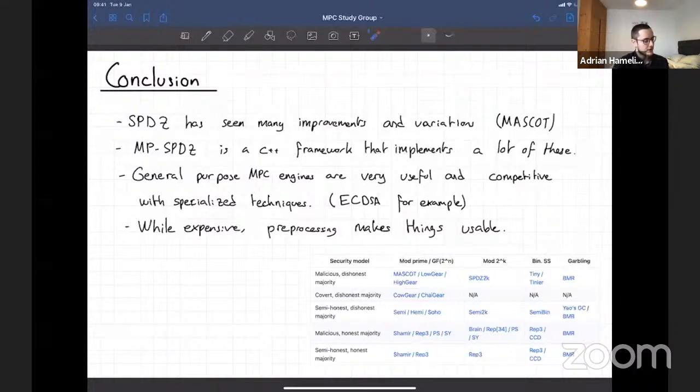There's this one paper where they showed how you can do threshold ECDSA with it, and even though it was general purpose, it was very competitive with the specialized protocols which exist. And it's easier to do because there are fewer things to get wrong, since you put your trust in this engine.